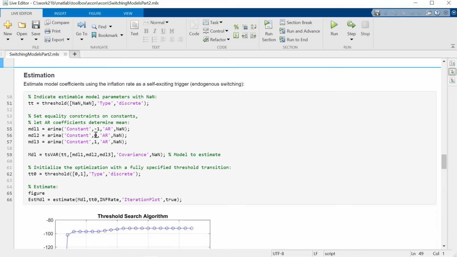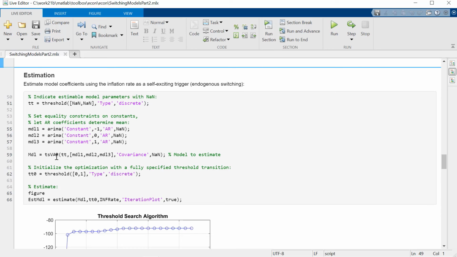Here we're going to specify the constant terms. All we're saying is that the mean in the first model is going to be negative, the second one 0, the third one positive. The autoregressive coefficients that we estimate will actually determine the means, but by specifying these constants beforehand, we reduce the number of parameters that we're estimating. So if this is a reasonable or a simple model that might describe the different states or regimes, we'll be trying to estimate here just 3 model parameters plus the 2 levels for the threshold transitions here.